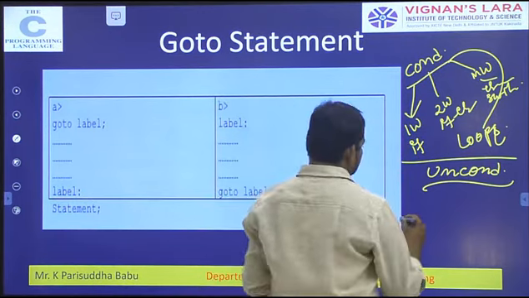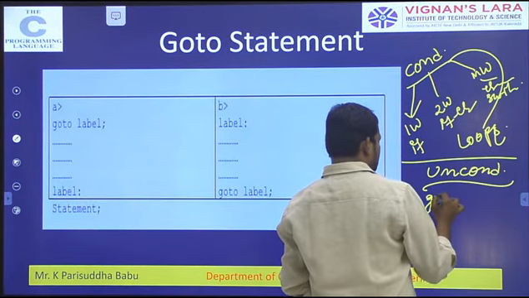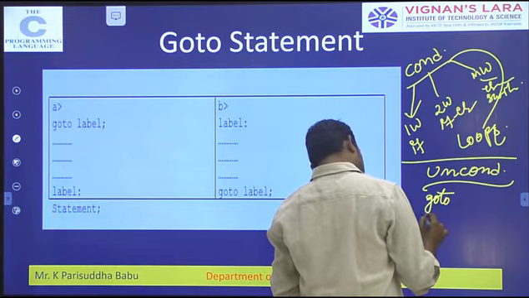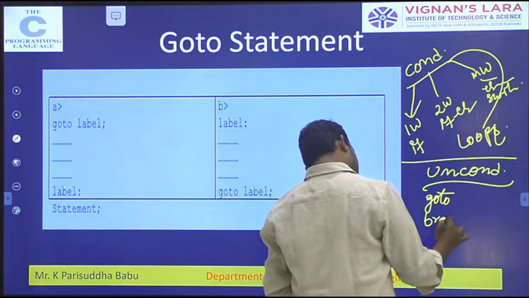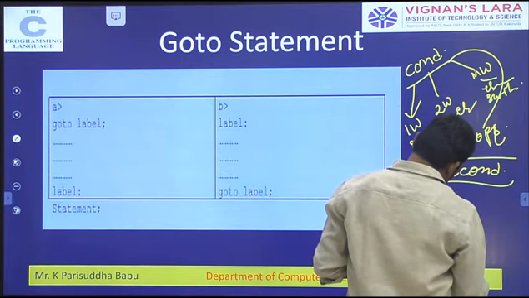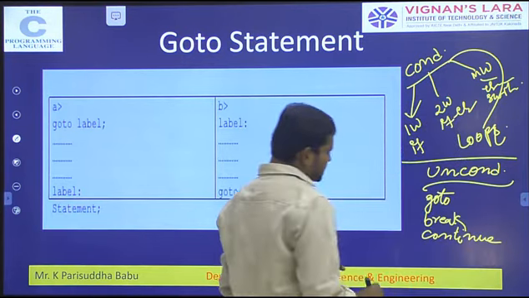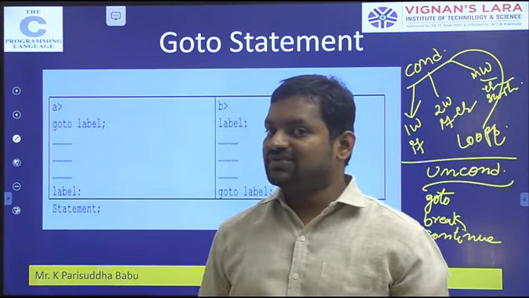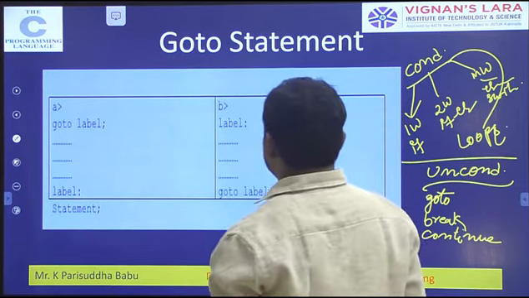The first one is goto, which is an unconditional statement, and also break is an unconditional statement. Continue is another unconditional one. No condition, but control will skip another way.